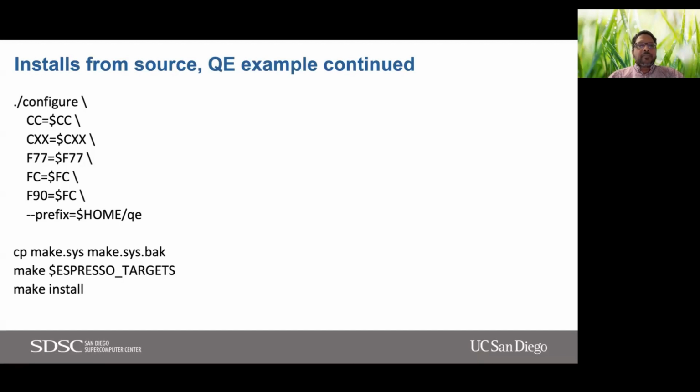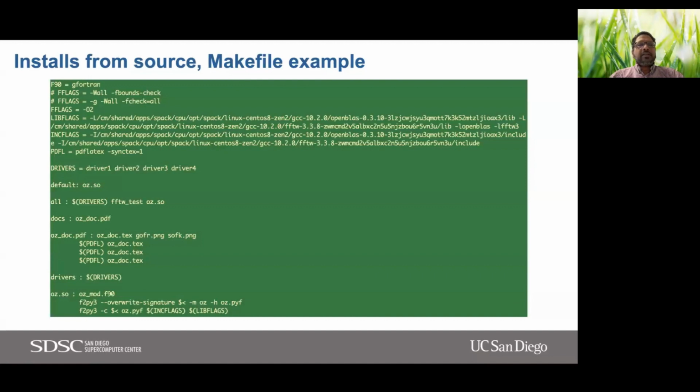So that's one way of looking at it, but there are packages where maybe you don't have a configure and you just have a make file. So this is an example of a package where there's only a make file. So then,